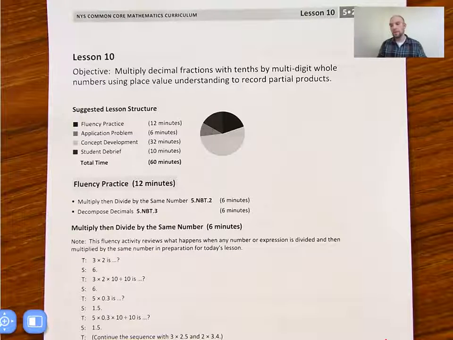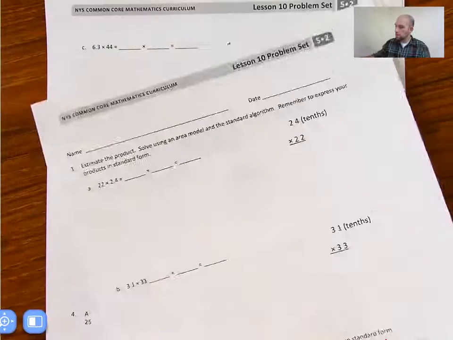Hello, welcome to 5th grade math module 2, lesson 10. Today we're going to multiply decimal fractions with tenths by multi-digit whole numbers using place value understanding to record partial products. Moving on, let's look at our